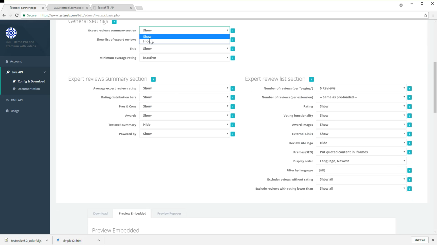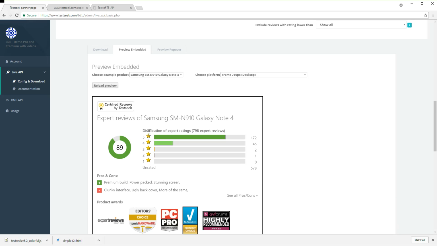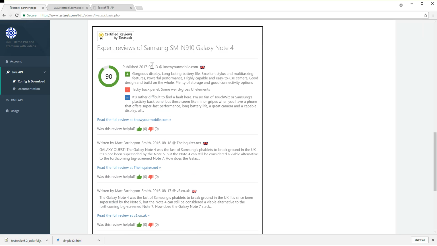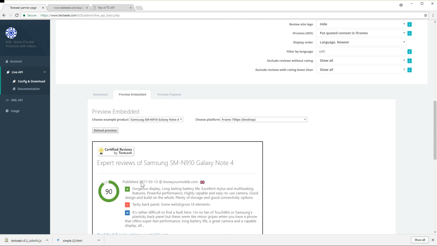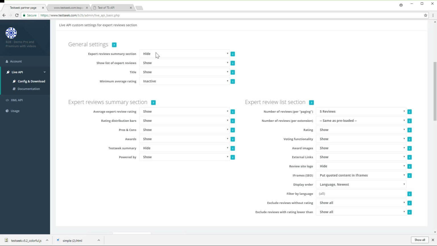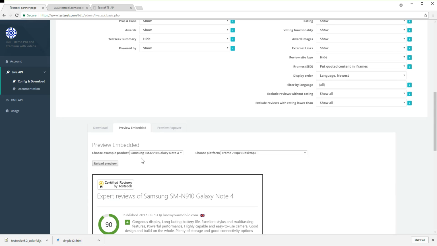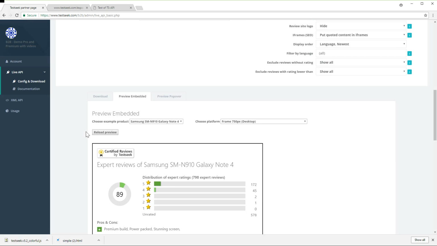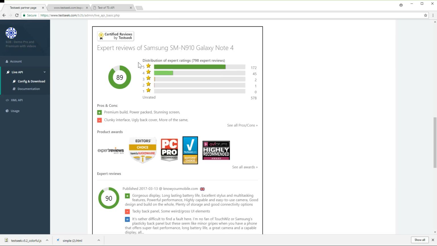So let's see what happens if we decide to hide this section. So I'm gonna click reload. As you can see, the only thing now is that we have the expert review list. But we want to show that. We can also customize inside the summary section here. We can actually customize a few things because as you see, we have, okay, I'm gonna have to reload this to view it again. So here we have the ratings distribution, the overall score, and we have pros con section,